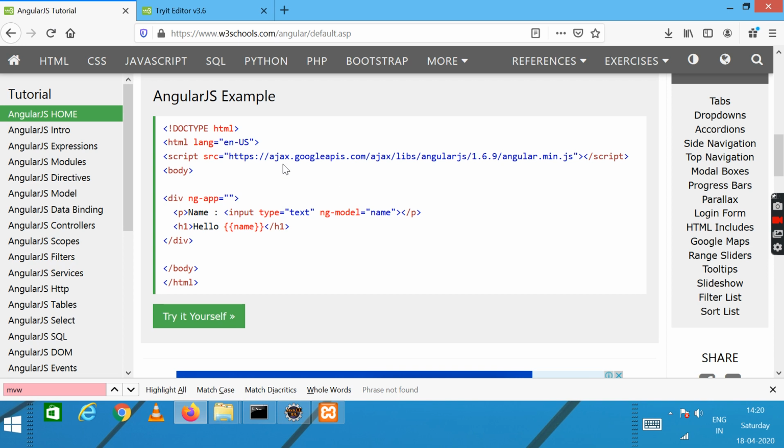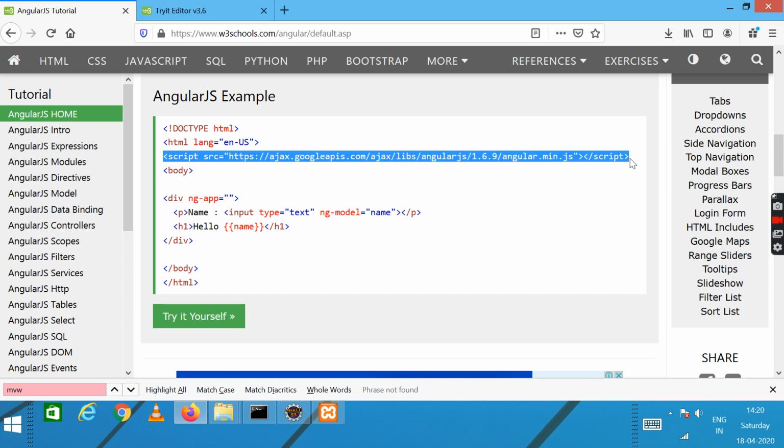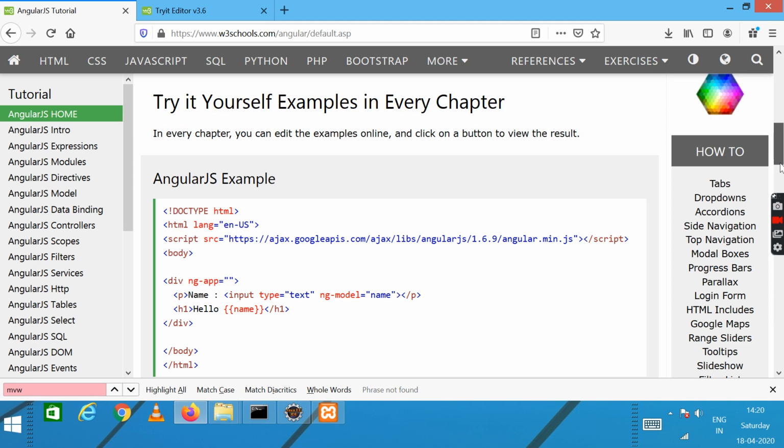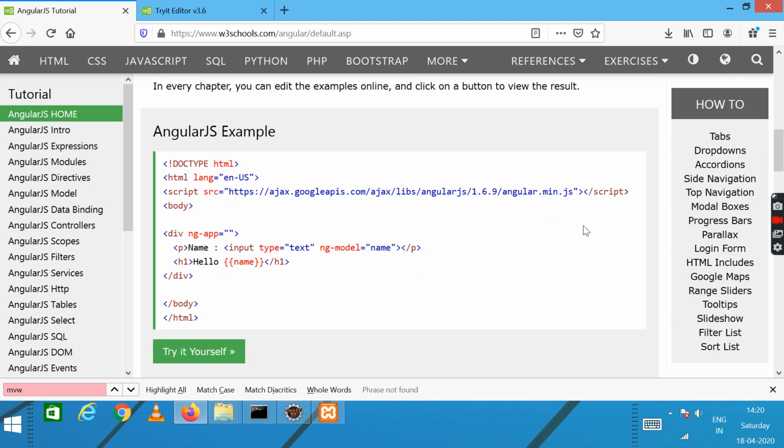As you see, this script tag, script src equals ajax.googleapis.com/ajax/libs/angularjs/1.6.9/angular.min.js. This is the CDN, the content delivery network, which is used for AngularJS. It takes all the controllers, APIs, and filters from AngularJS which are required for the application.